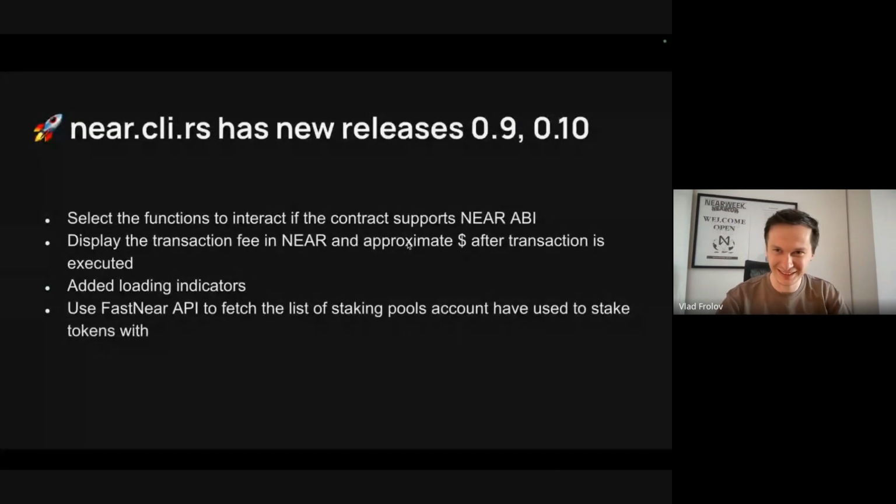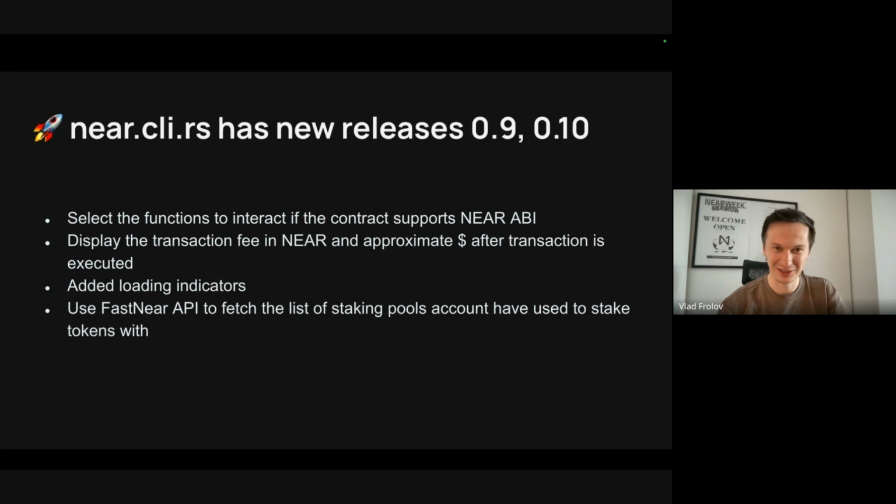Since the last time we spoke, we actually had four releases of near.cli.rs, thanks to our automated scripted pipelines. I want to shout out to the Release Please project, which allowed us to iterate quicker and cut the releases in no time.